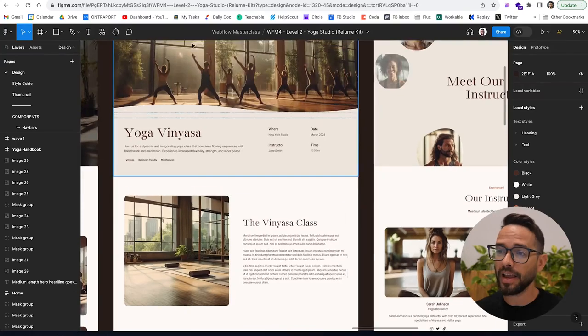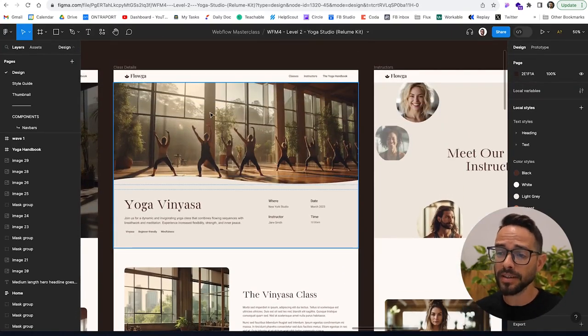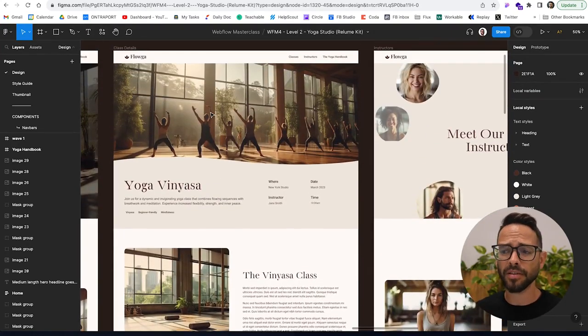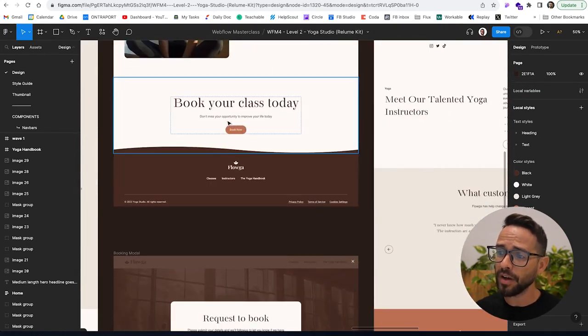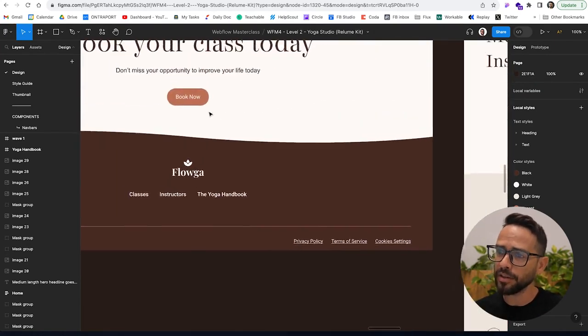The next page we're going to build is the class detail page, which is a dynamic page. It's basically what happens when people click learn more on a specific class. And so we have dynamic content. And the most interesting thing that we'll have here is a book now button, which we